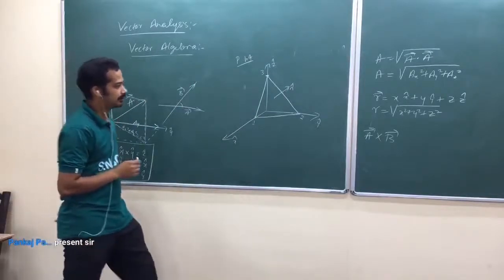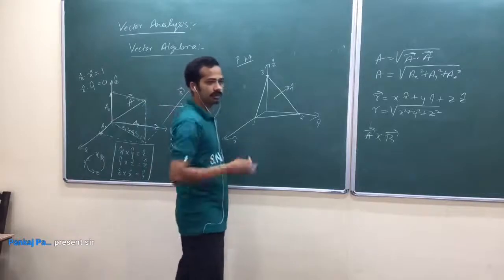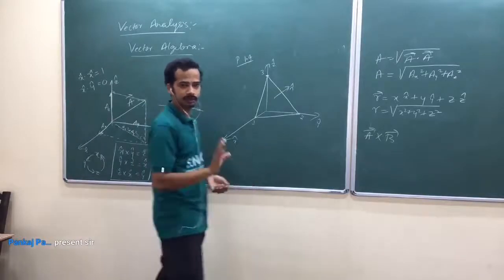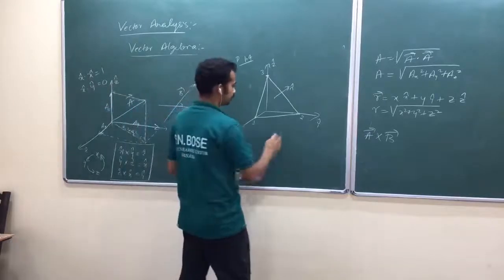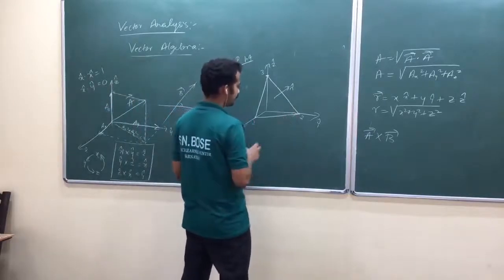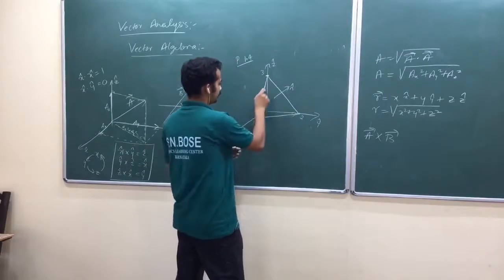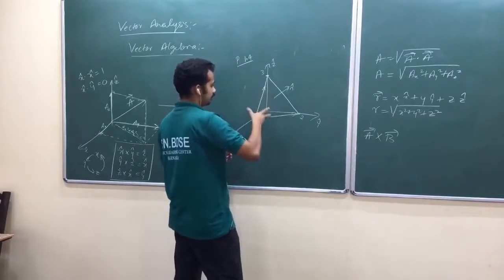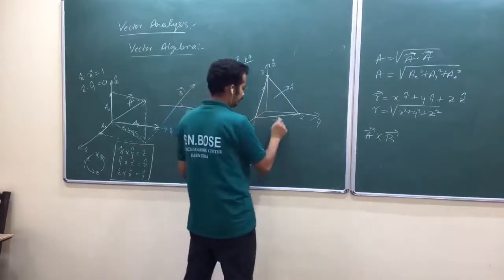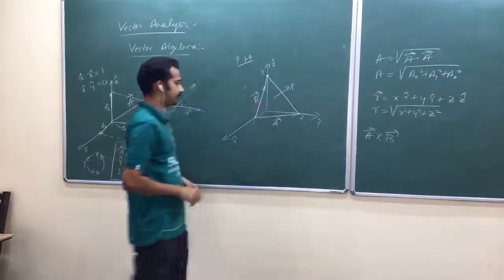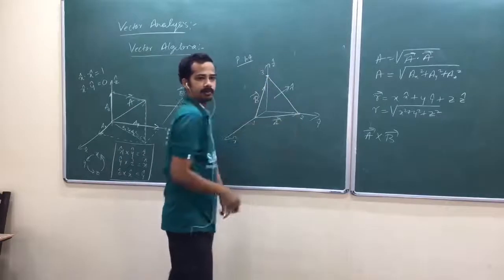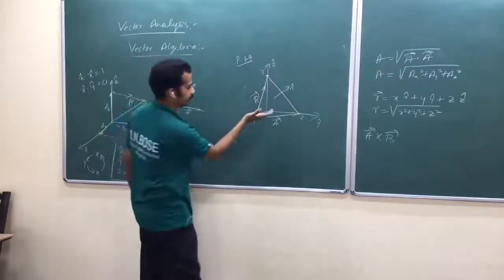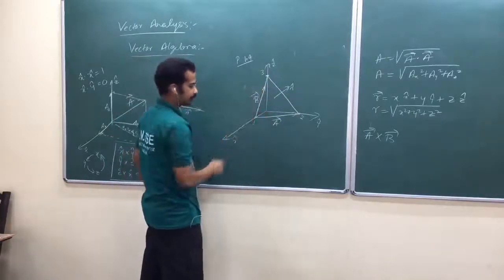So now take any 2 vectors, but be careful because A cross B is not equal to B cross A, okay? So how do you choose? One is this one, A, the other is this one, B. Am I right? I can define these 2 vectors and take A cross B. A cross B will be perpendicular to that, isn't it?